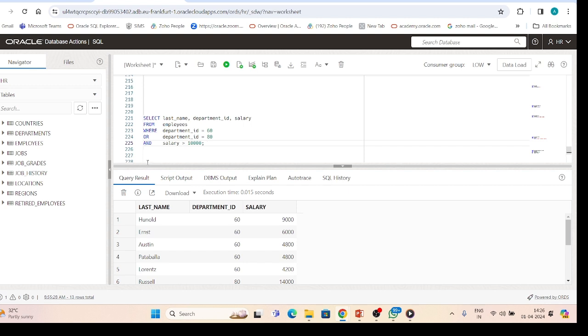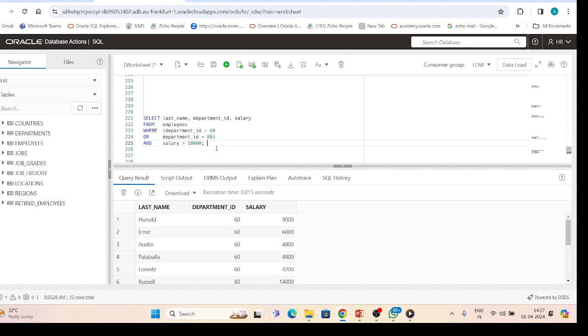Now, if we want to override this precedence using parentheses, then we can use parentheses around the expression to override the default precedence of the AND operator.